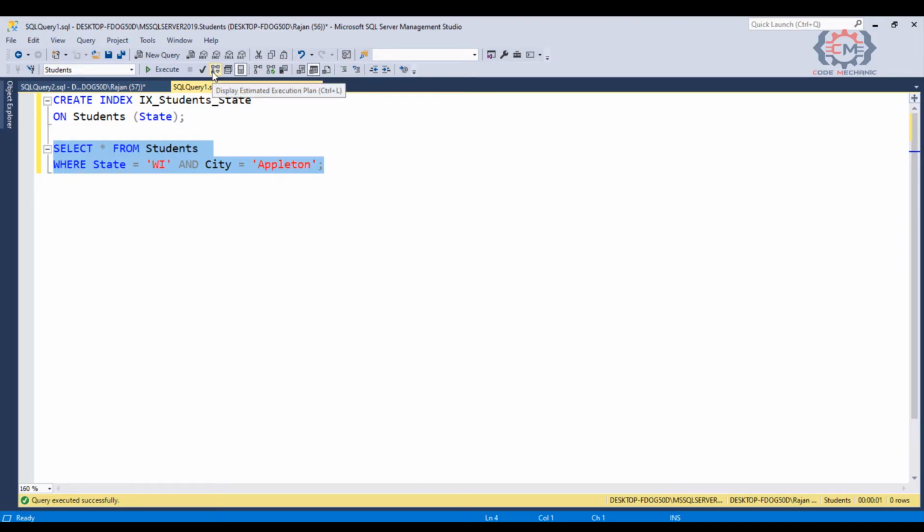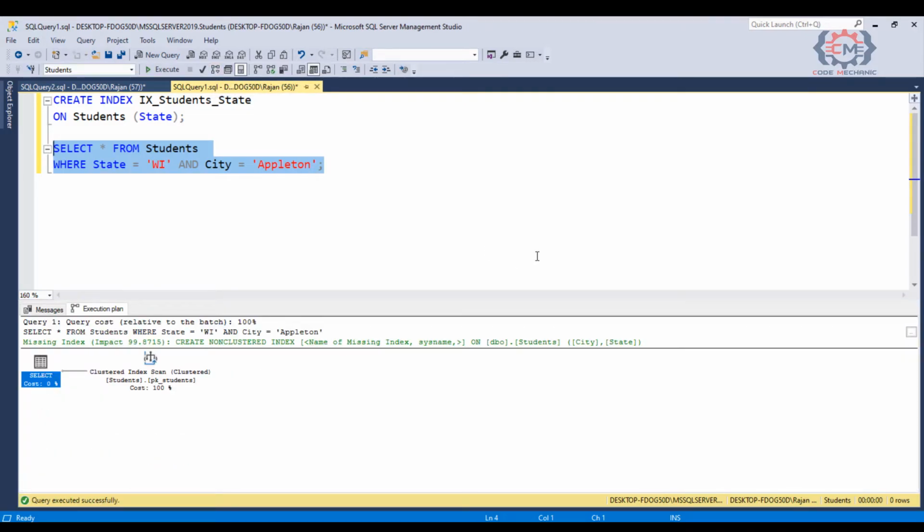But for a rough estimate to start with, what this is telling us is that having an index just on the state column is not going to be very selective because we are actually going to get about 2400 students back. So let's go ahead and get the execution plan of this query and see what SQL Server does with this statement. What we see here is that SQL Server actually isn't using this index on the state column in the query. And that is because when SQL Server looks at its statistics, we would be getting a lot of matches back from that index.